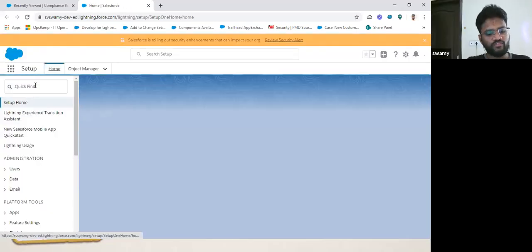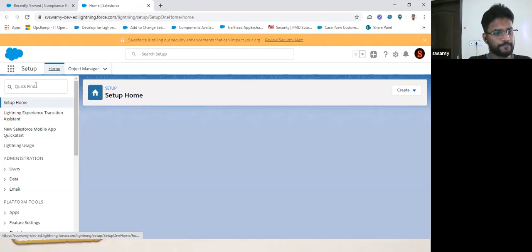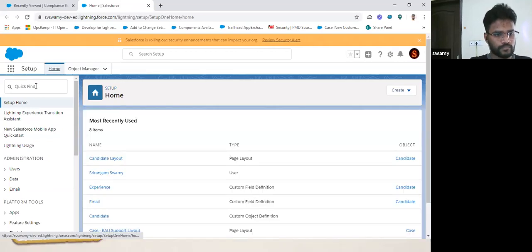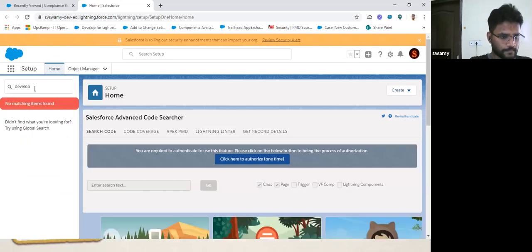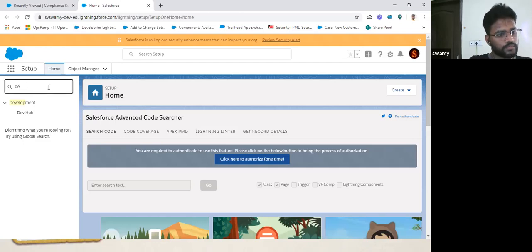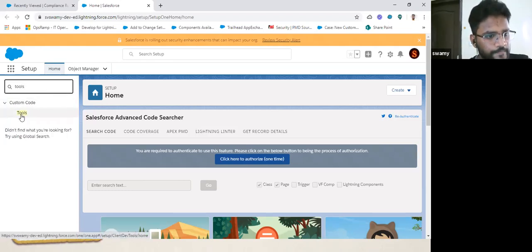There you have to type developer tools. Or might be just tools. Yes, it's just tools.